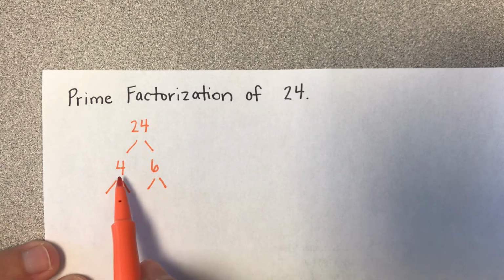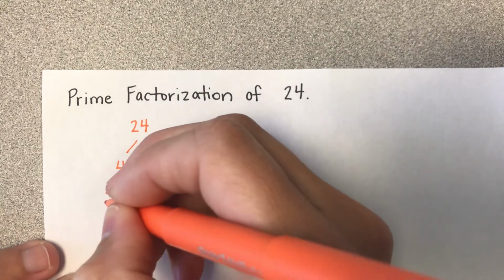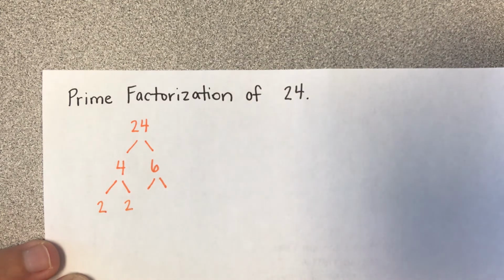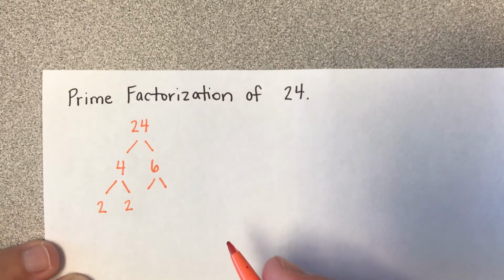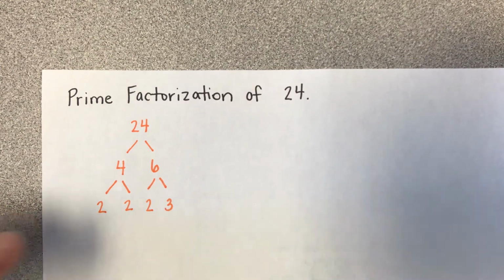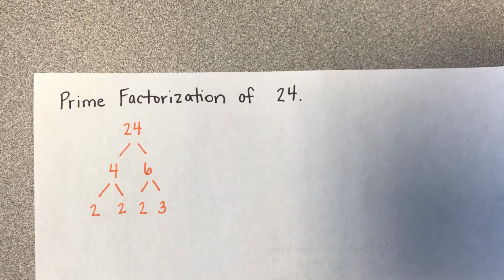So now you ask yourself, okay, well, what gives me 4? What times gives me 4? So 2 times 2 gives me 4. All right, well, what gives me 6? And that would be 2 times 3. Now, it's important that you keep your branches separated. A lot of students have issues with that spacing, but you don't want things to get too bunched up